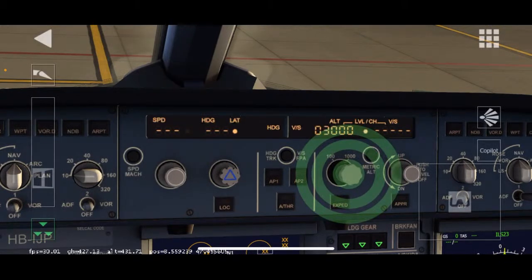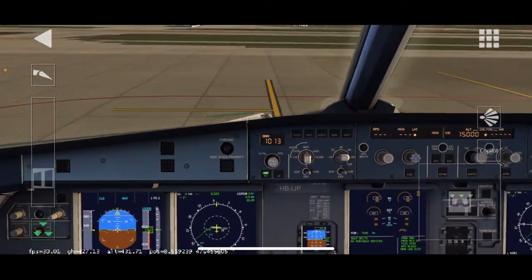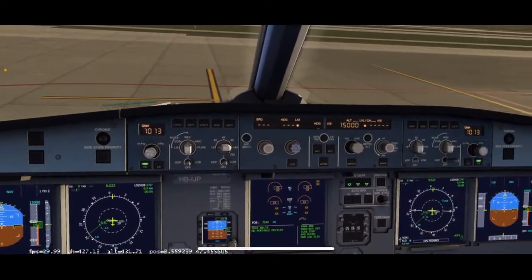That's 1,400. I'm just going to do 15,000 because that's where we're headed up to today. We're doing only a 10-minute flight, so it's a very short flight. No, I don't want that. I want the other one, please. Okay, fine, I'll do it this way. There we go, 15,000. So that is set. That way on takeoff, I can just click it, and it'll already start heading up to 15,000.